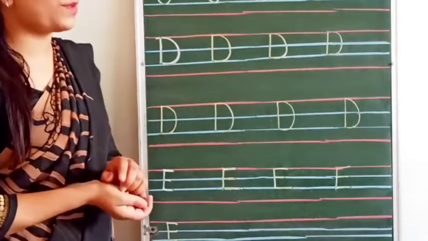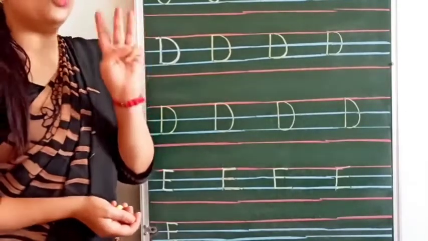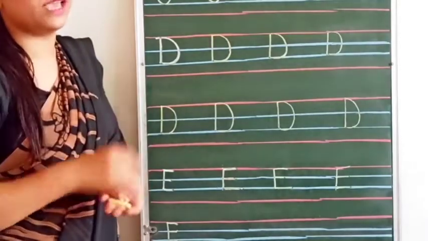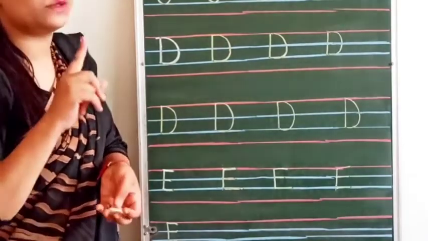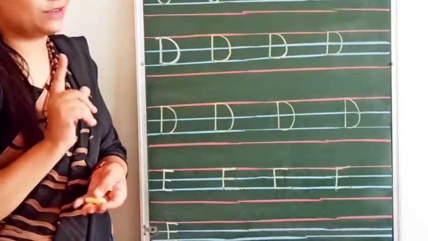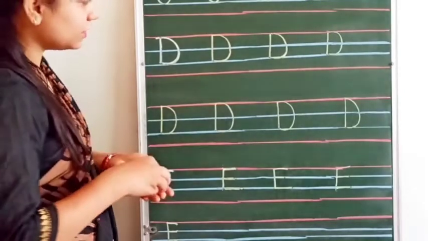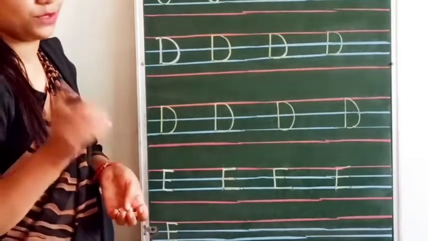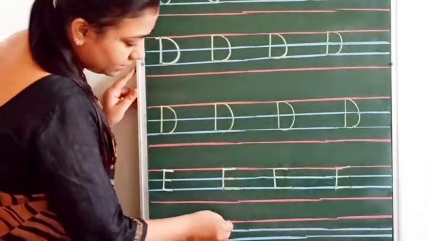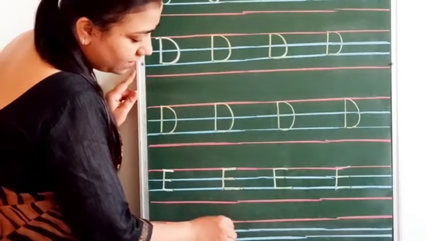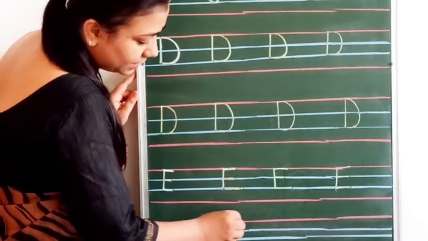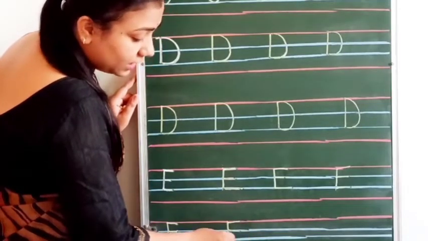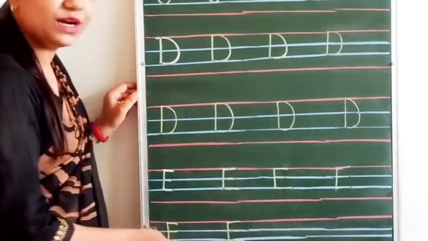Okay, you have to make only 3 lines. No one will draw more than 3 lines. Okay, not 4 lines, 5 lines, 6 lines. No. Only 3 lines. Okay, each line of the English copy. Now again put a dot over here, come down, then make a sleeping line on the first line, another sleeping line on the second line, another sleeping line on the third line.